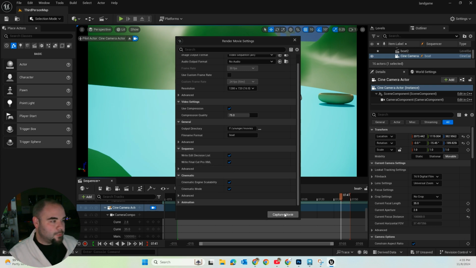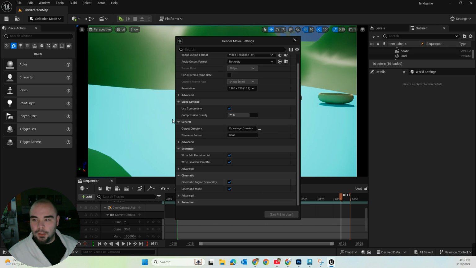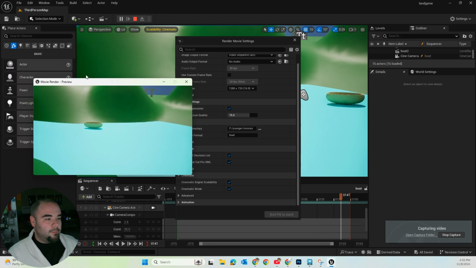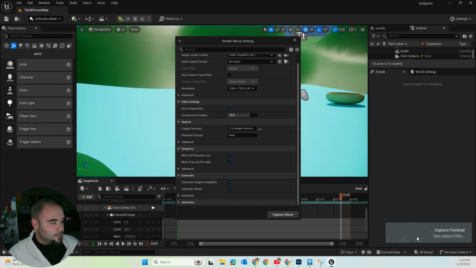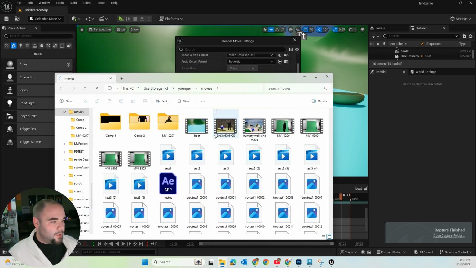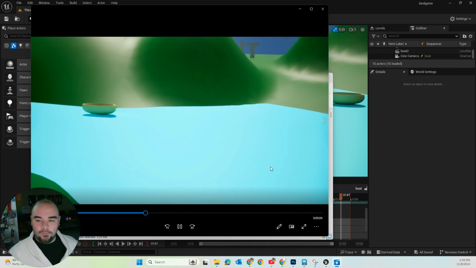So now I can press capture movie. It's going to save everything you've done. So I'm going to press save selected all. And it's going to pop up a screen where it's showing your animation rendering. And you can even click here, open captured video. And this is where you can pull up your animation that you just created. So here's my boat animation. And there it is. So you guys can see how fast that renders versus Maya,